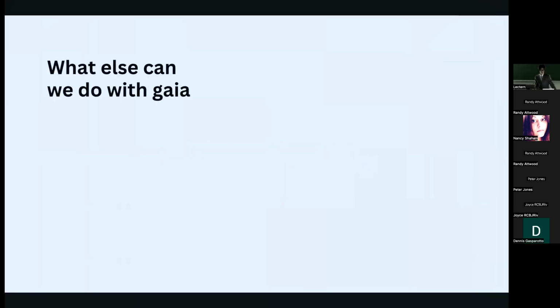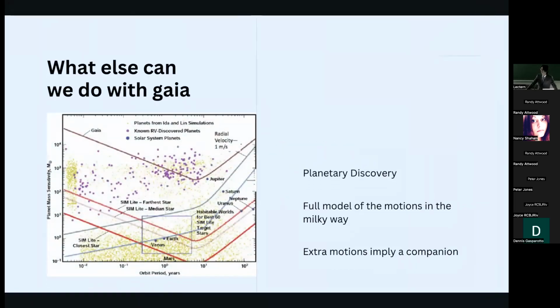So what else can we do? Well, I am just a beginner in these things, but using the full data, you can actually discover some exoplanets. On this graph, you can see Gaia is the very top line. This shows the sensitivity of what kind of planets we can discover. We can't discover any Earth-like planets to find habitable life, sadly.